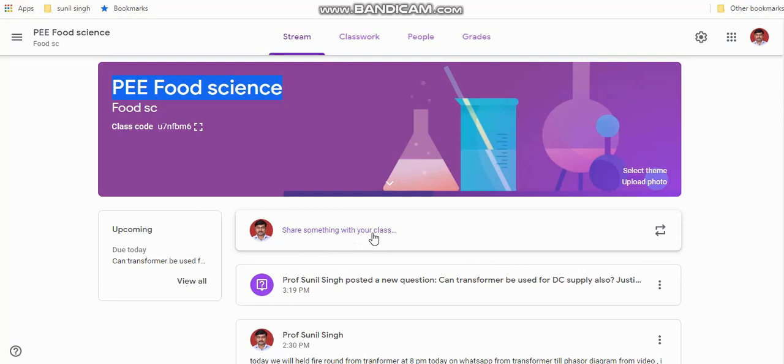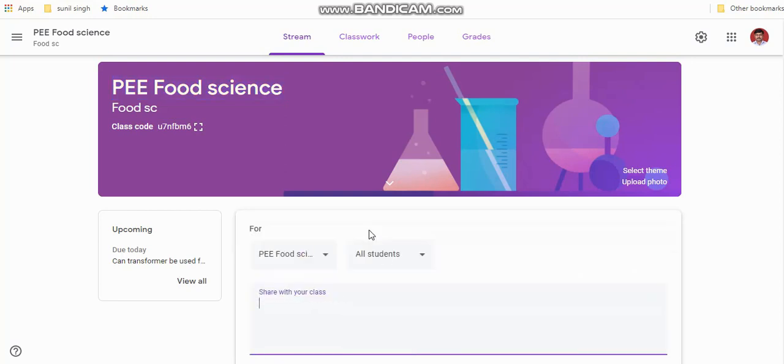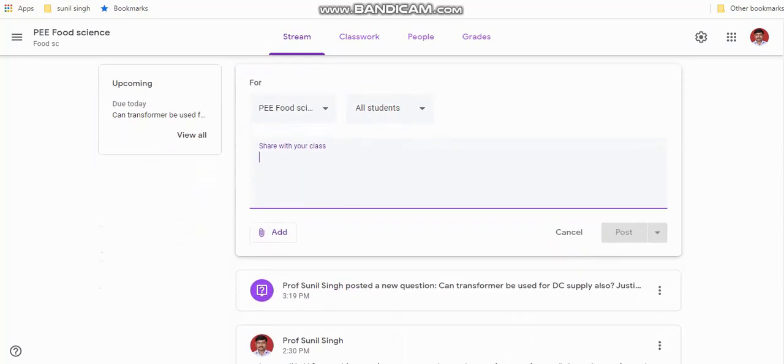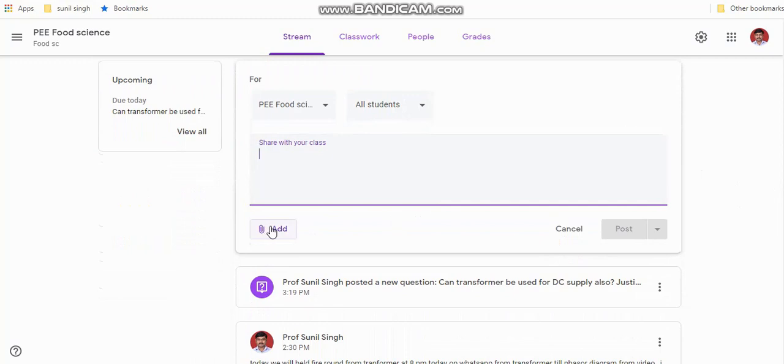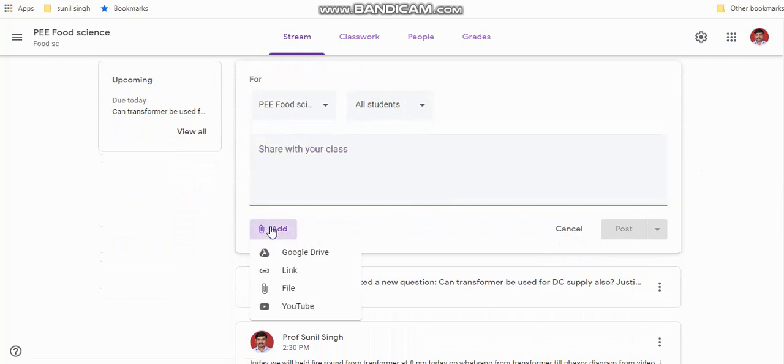So share something with your class. If you click from this, you can type any notice to the class, or you can add the notes also. You can add here the file, YouTube link, any types of the assignment. You can give the material, reading material, study material to the student, and then click the post. So it will be posted to all the students of this class.